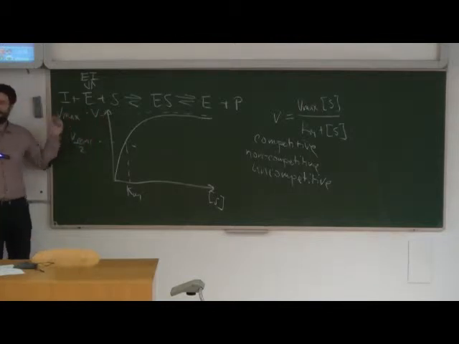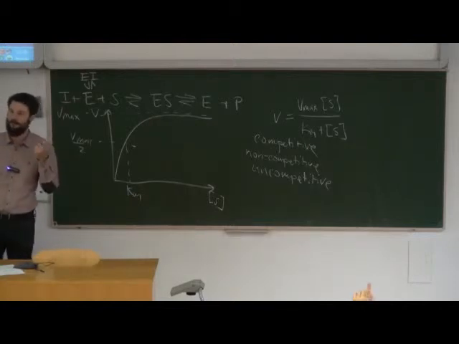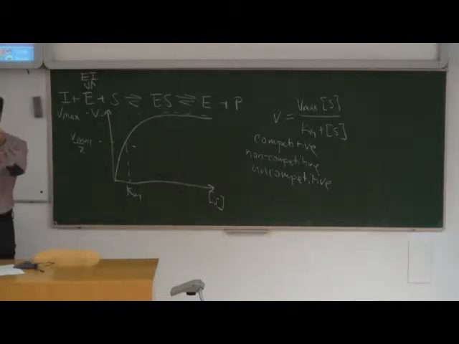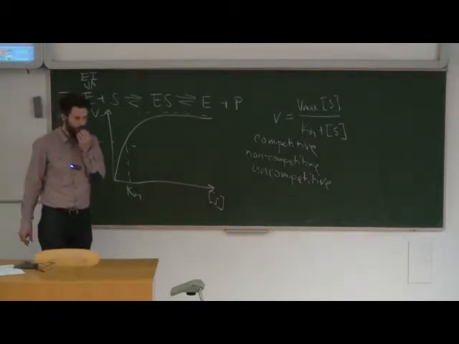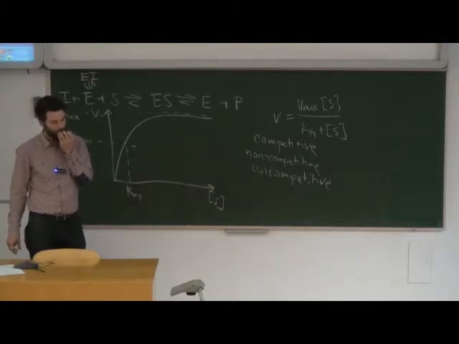Okay, let's stay with Vmax, okay? Then we're going to talk about the other parameter that describes it. So you said that Vmax is going to stay the same, right? Okay, can somebody explain why it's going to stay the same? Yeah? It's basically because the enzyme is going to bind to the same number of either substrate or inhibitor in this case, so it's going to stay the same.